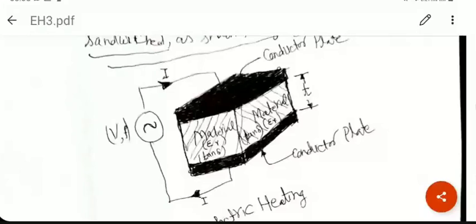And that fact, that current and voltage are not exactly at 90-degree phase shift between them, produces the loss. So to cut the story short,